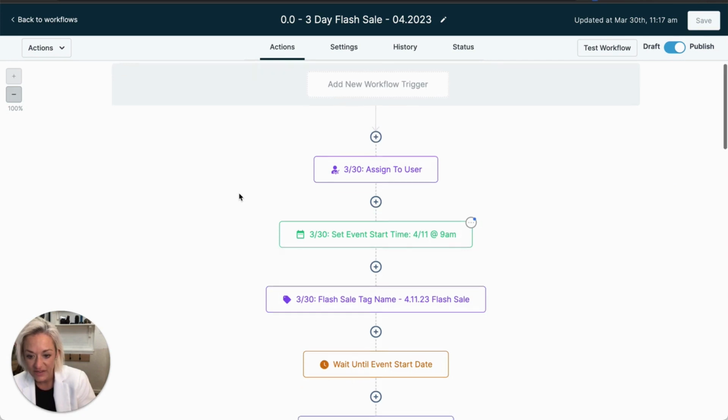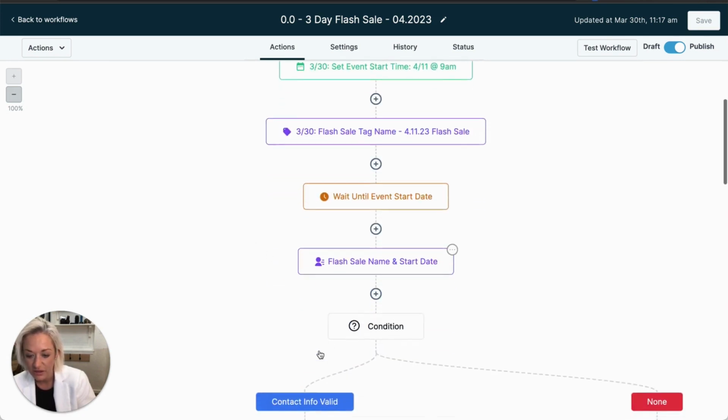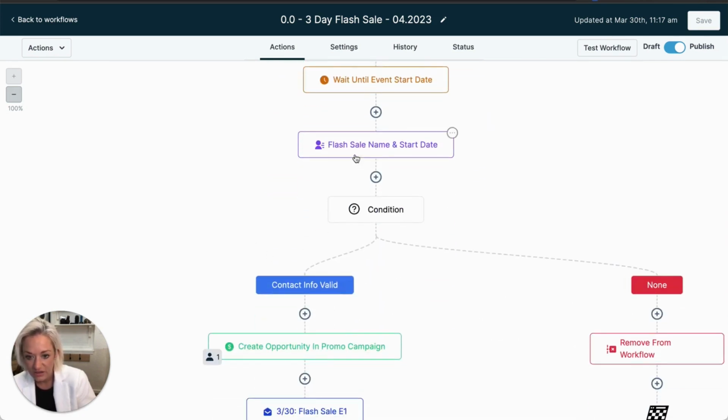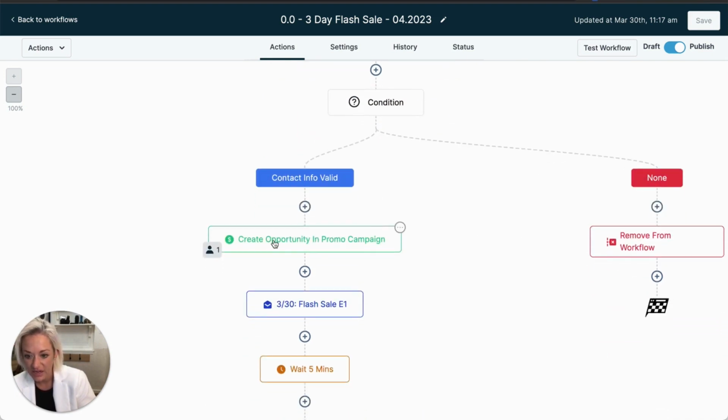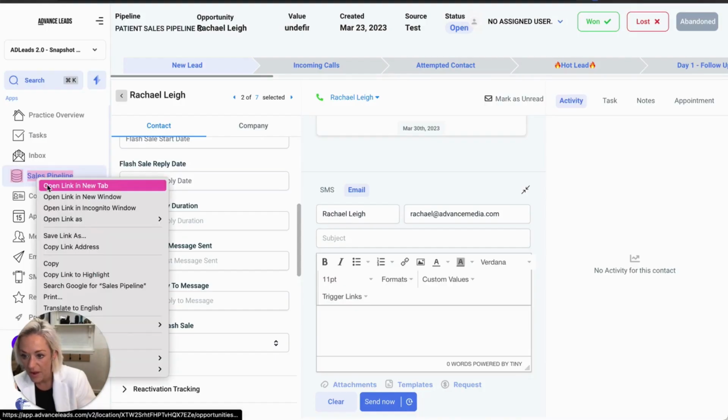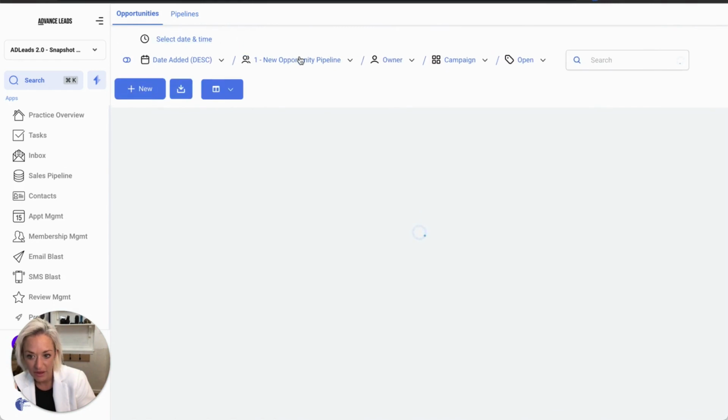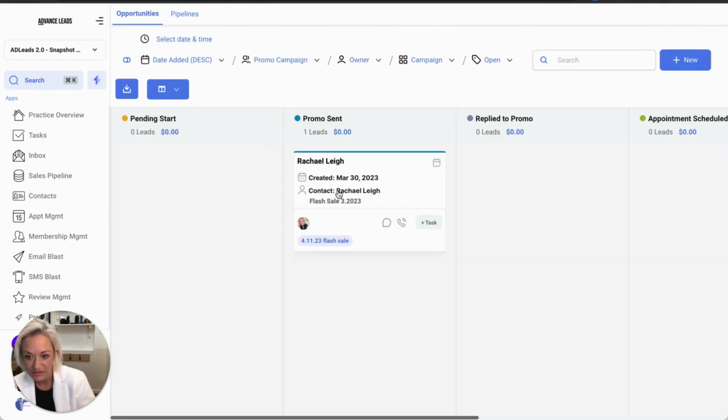What that does is it forces it to go through the next actions. So it verified that my contact information is valid, and it's created an opportunity within my promo campaign pipeline. So under promo campaigns, I can see that my opportunity card has been added here,